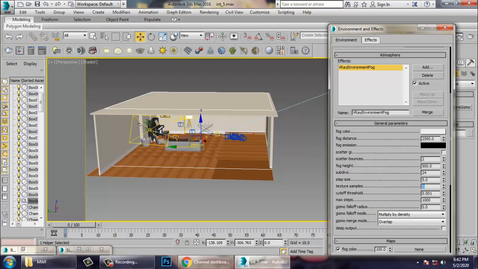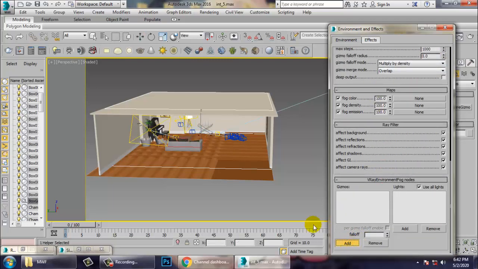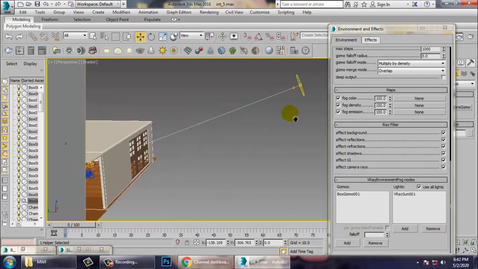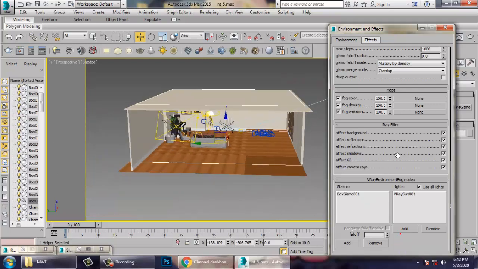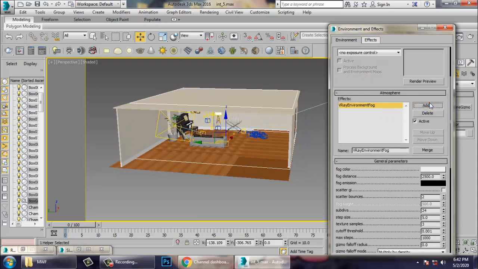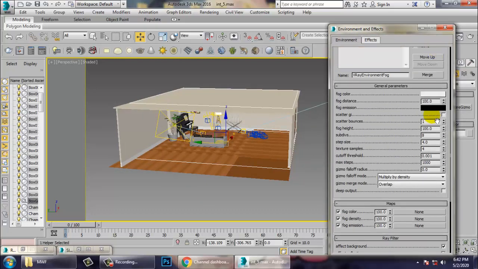And let's go down over here, and after you go down into the gizmo option, let's pick a gizmo and add this light over here. Once you have added this light, again go over here and again add a V-Ray volumetric fog and just decrease the distance over here.